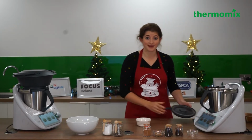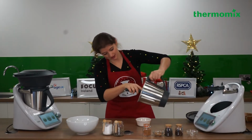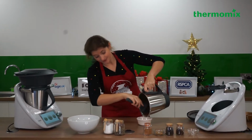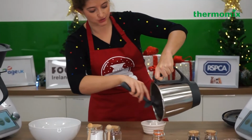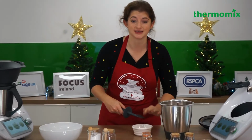Now I've got all of my meat prepped up for this terrine, but for those of you starting from scratch at home, the first thing you really want to do is get your duck prepped. So get your 2 duck breasts and take the skin off, but don't throw it away. Put those onto a baking tray with the duck breasts and bake them in the oven at 180 degrees until